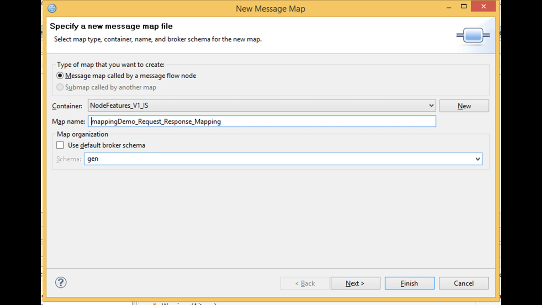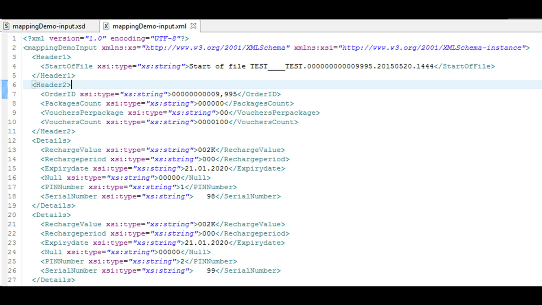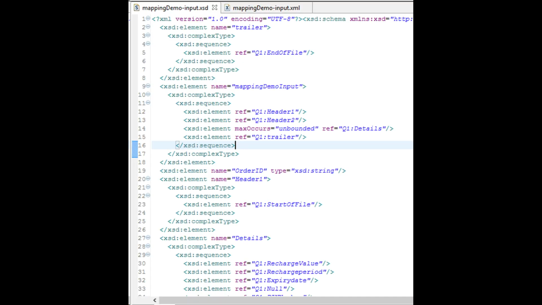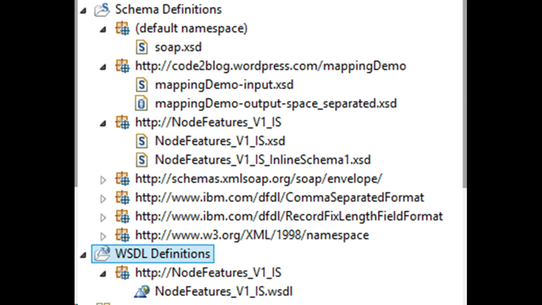Now you have to provide input and output data structures to this .map file. I'll show you how to create data structure with multiple fields easily. If you have an XML file as shown on screen, use that and convert it into an XSD file. Right-click on that XML and select Generate XSD. This toolkit utility helps you to create data structures easily. You can now include this new XSD in your WSDL schema.